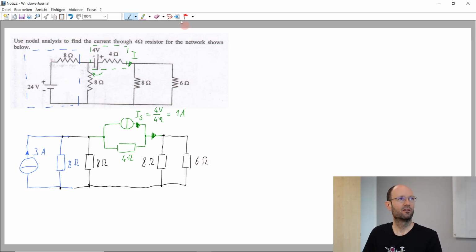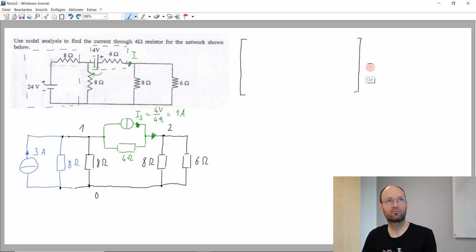Okay, so now I would suggest, as usual, for example, say this is the reference node at the bottom, everything here is node 1, this is node 2, so we can set up the system of equations directly in matrix form,